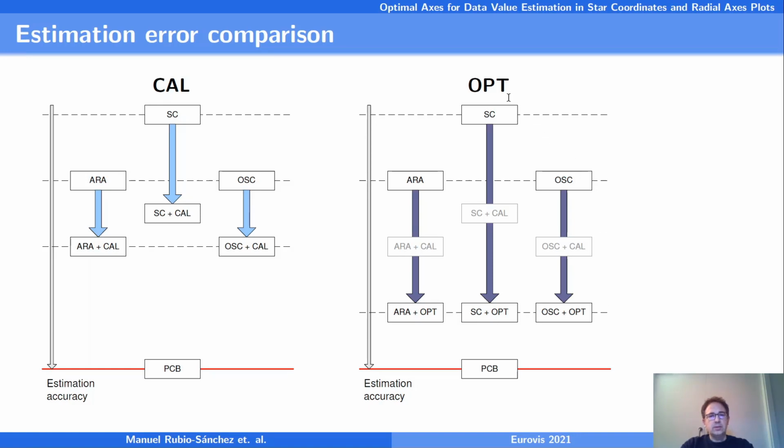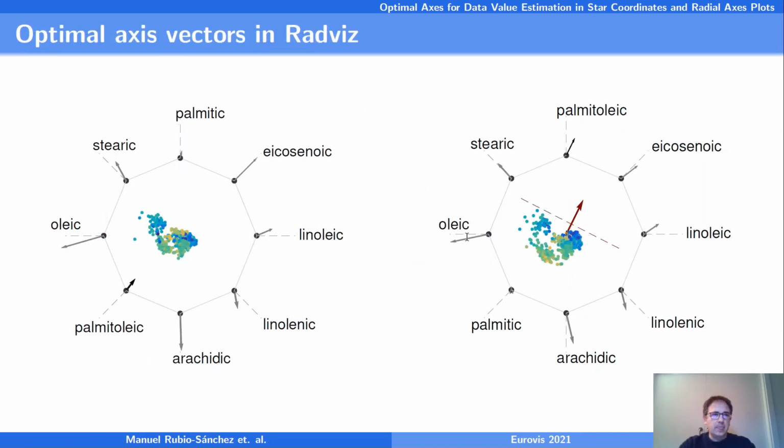Also, what this indicates is that it doesn't matter which method you use as your starting point. You might as well just use plain star coordinates, and then if you apply the optimized axis, you're going to achieve the same accuracy as if you had started with ARA or OSC. So now we're going to see how we can incorporate the optimized vectors in other methods, and in particular in